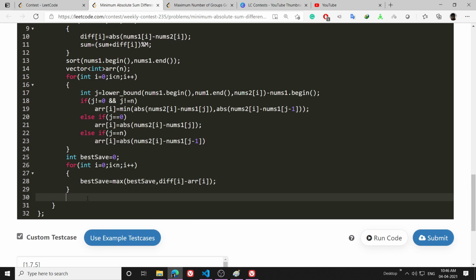This is going to be my best save, and in the end I will return sum minus best save, mod m.